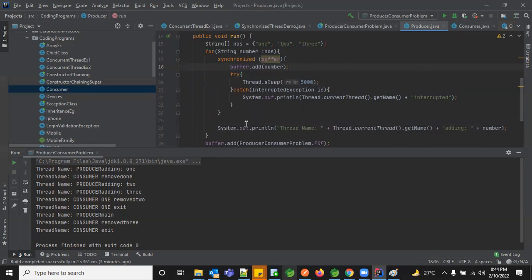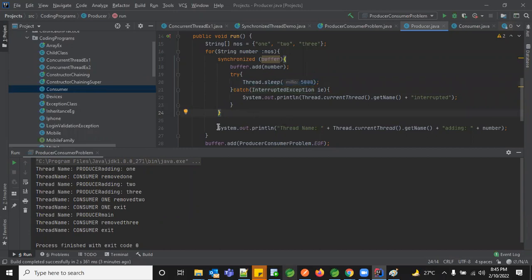Earlier what happened, you were just going into the for loop and adding directly by calling buffer.add. But I want to have control on my shared resource. So I initiated a synchronized block with the buffer as my shared object, and in that I'm adding it. And whenever I add, I'm giving a sleep time, so that no one can come in and create an interruption, right? I'm giving the thread a sleep for some time because I should have the control, no one else.